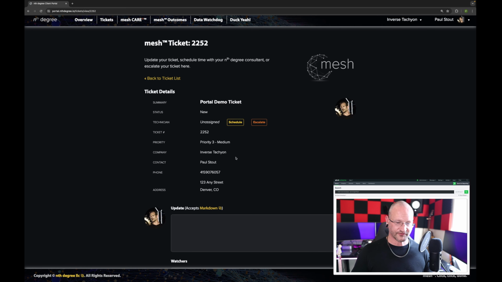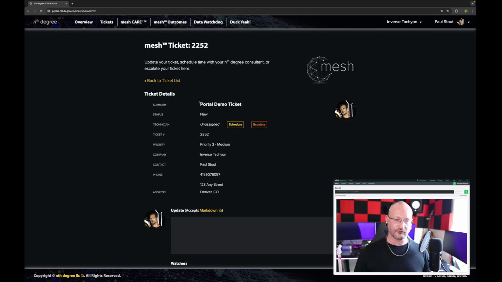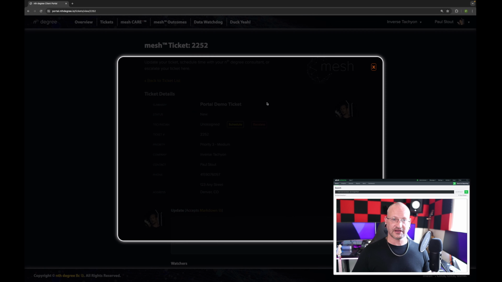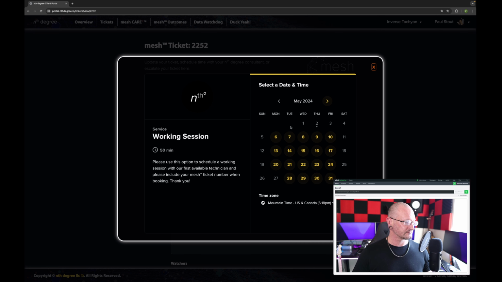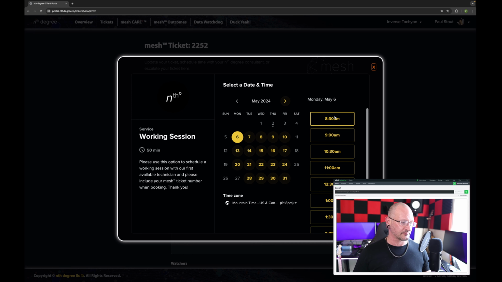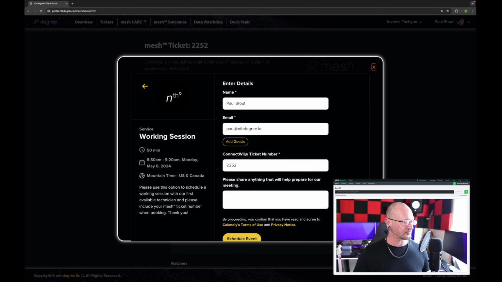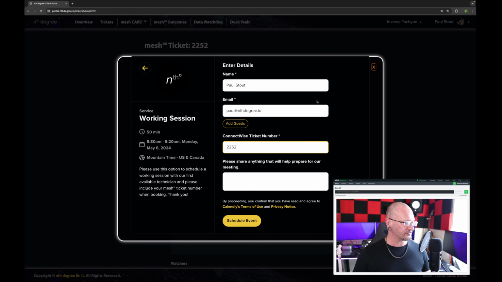Perfect. So here is where we have some new additional functionality. Right now, if I wanted to get on someone's calendar for this, I could schedule this ticket with the first available service team member. Yeah, everyone's booked all the way out. So getting with a random person, it's going to be as early as 7:30 on Monday. It'll go ahead and fill in the ticket number here, pre-fill your name and your email, and we can go